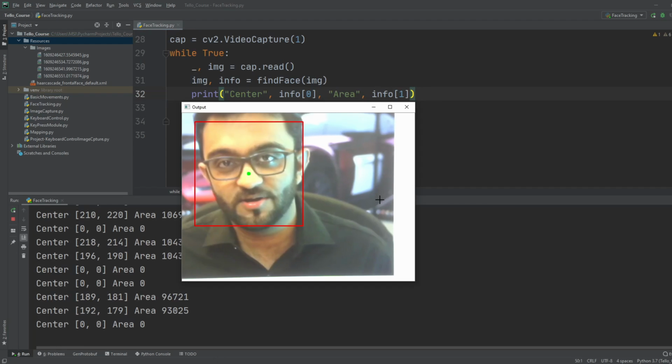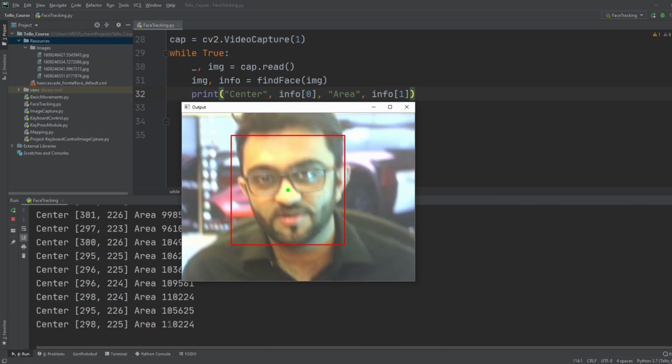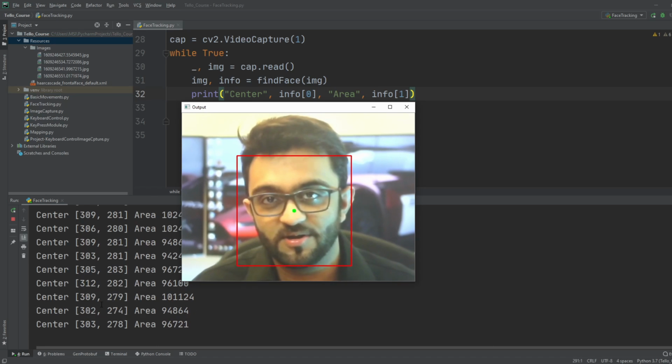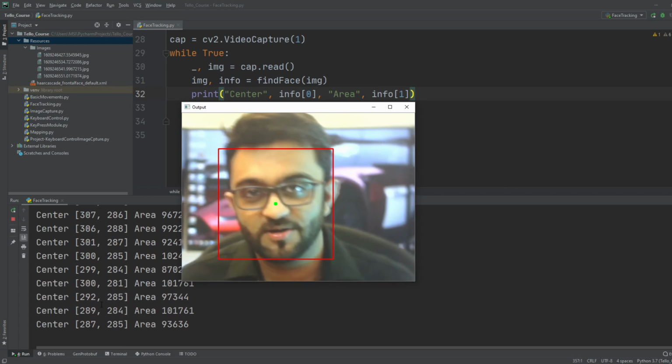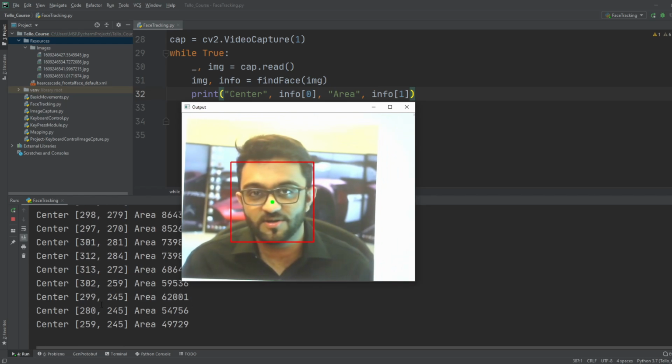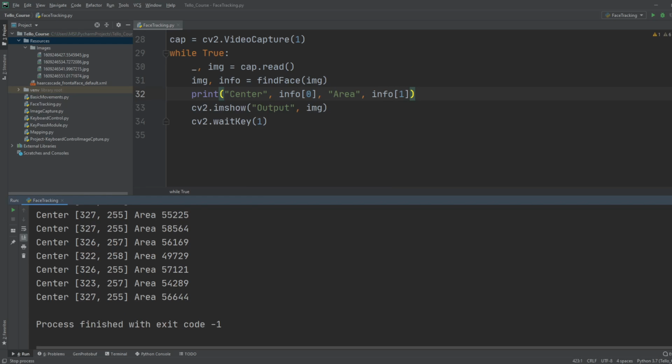So there you go. Now we are getting the center values and we are getting the area. The center values will be used to rotate, and the area value will be used to go forwards and backwards. So this is good. Now we can introduce our drone, and we can also introduce the range. So let's